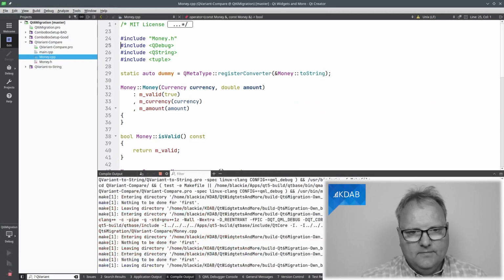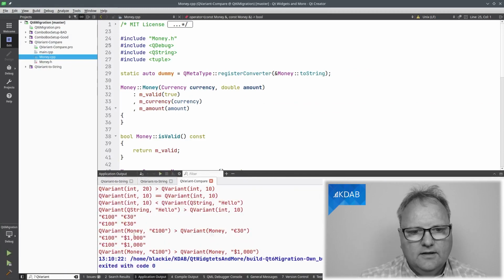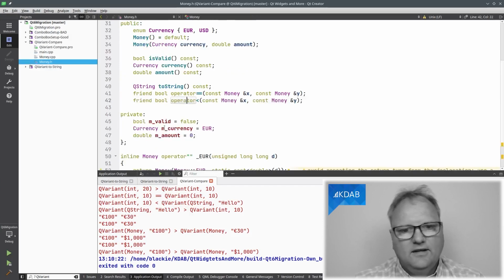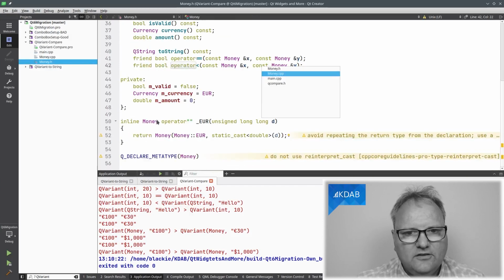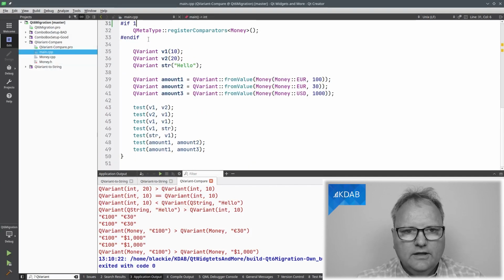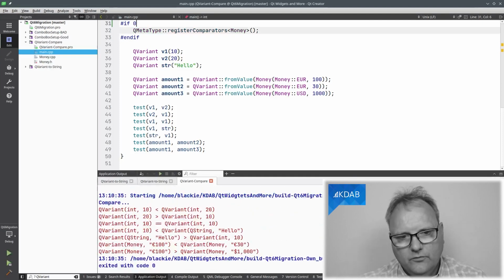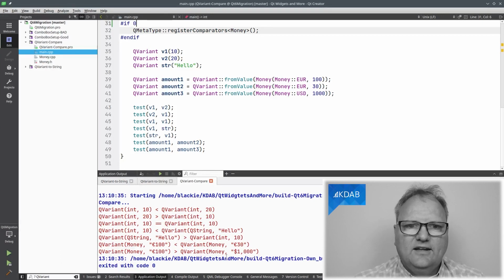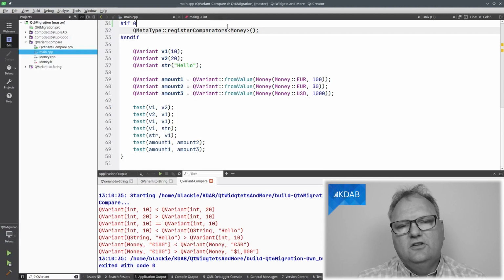I did. And now running that again. And you can see I'm comparing a euro 100, and so it is actually using operator less than. And let's just, for the sanity of everything, go over here and make that 0 again, run it again, and you can see there's no printout that I'm actually calling operator less than. So that's what register comparators in Qt 5 does for us.